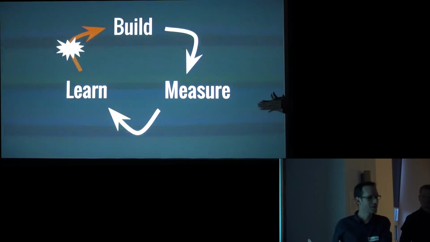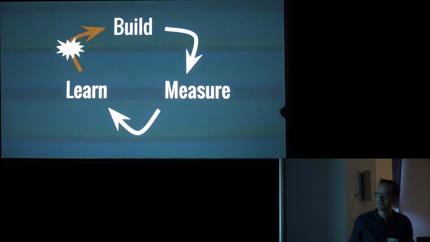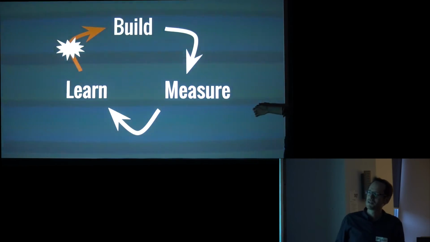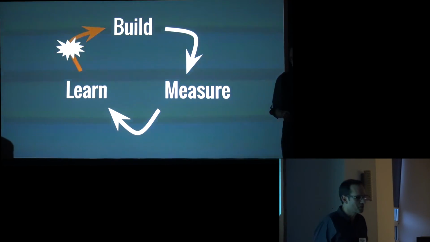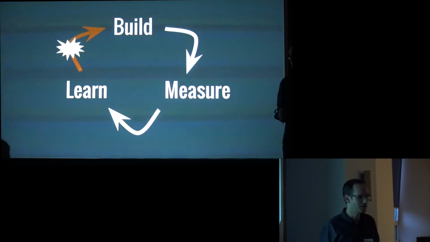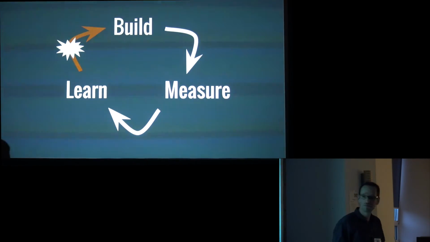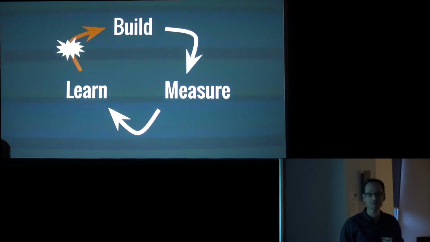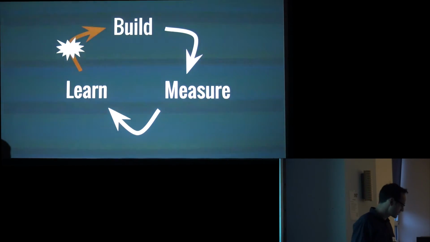Okay, so that was actually the slide I was describing to you 2 seconds ago. So if your learning is that things didn't quite work out the way you wanted, you do not necessarily have an obvious next build step. You might just find out that your idea didn't work out, and tough. So what happens then?